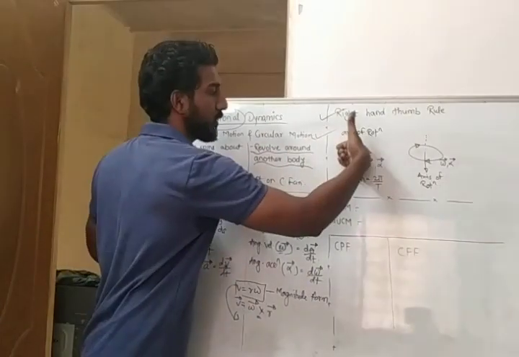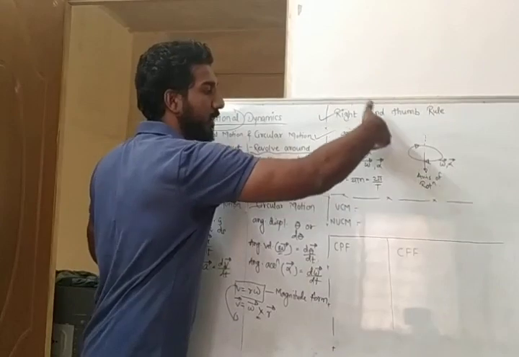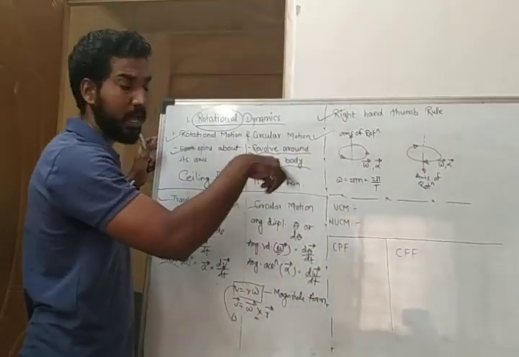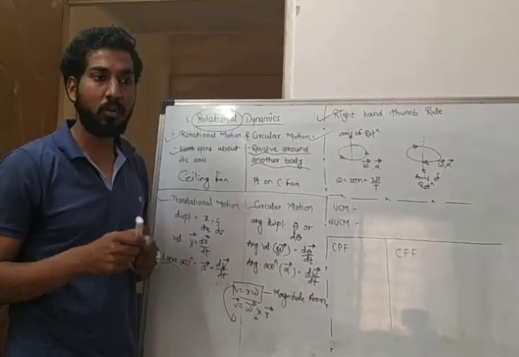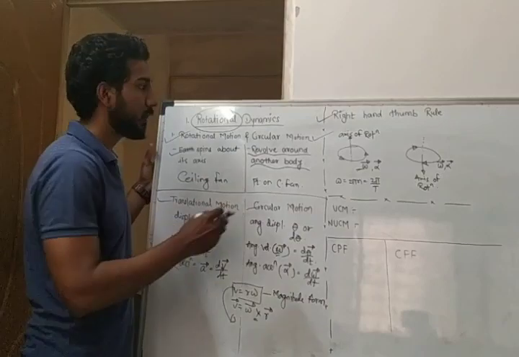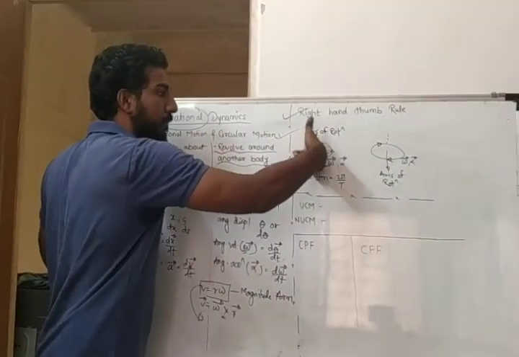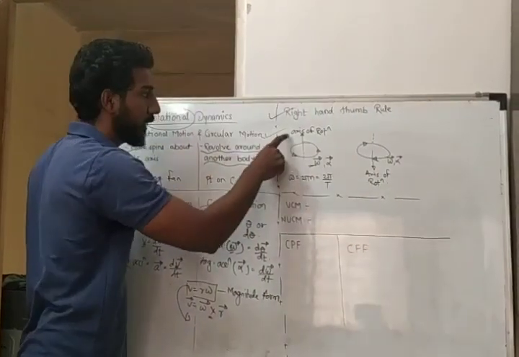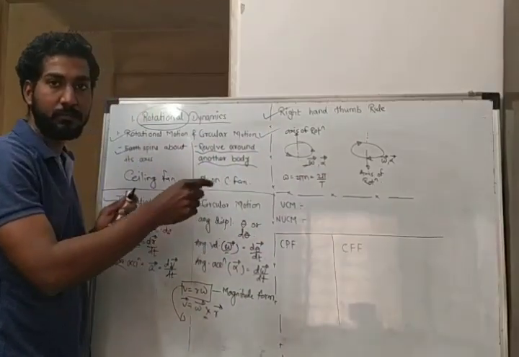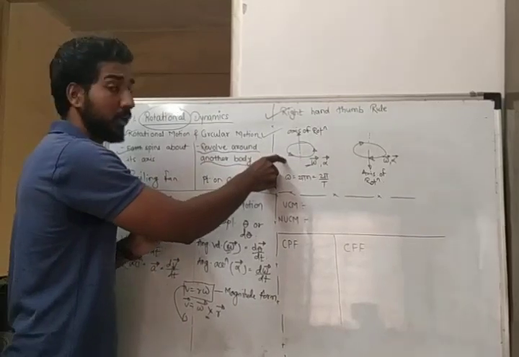Let's say this one. My curved fingers are anti-clockwise, so I have drawn the anti-clockwise direction. But what is this direction? This direction is for angular velocity, if my thumb is on the upper side, stretching outward. And angular acceleration also has the same direction, anti-clockwise.